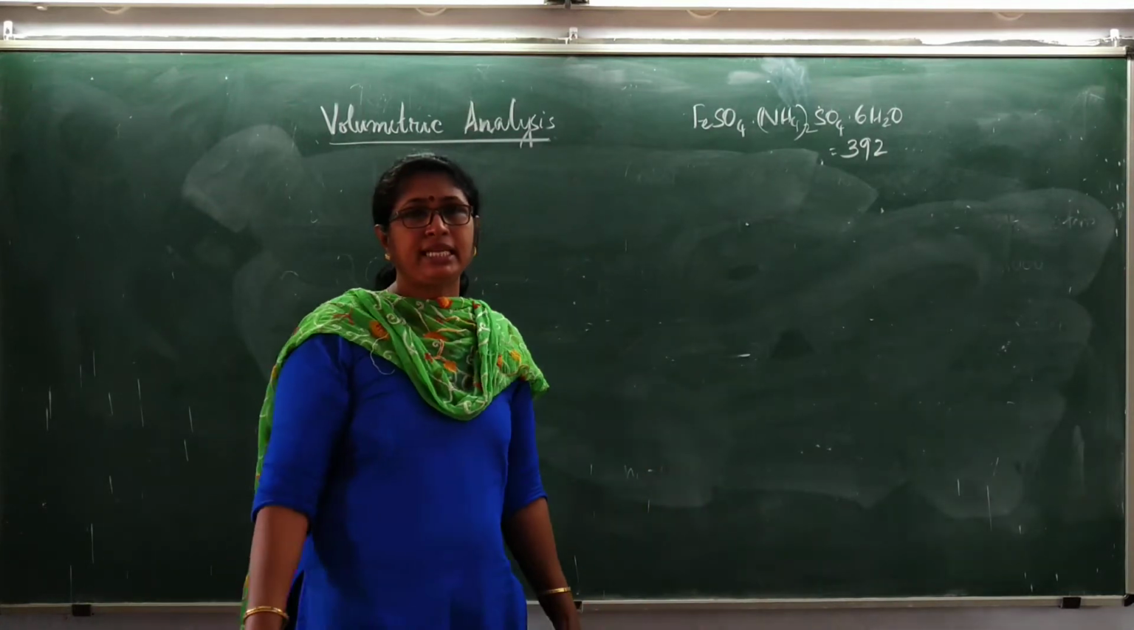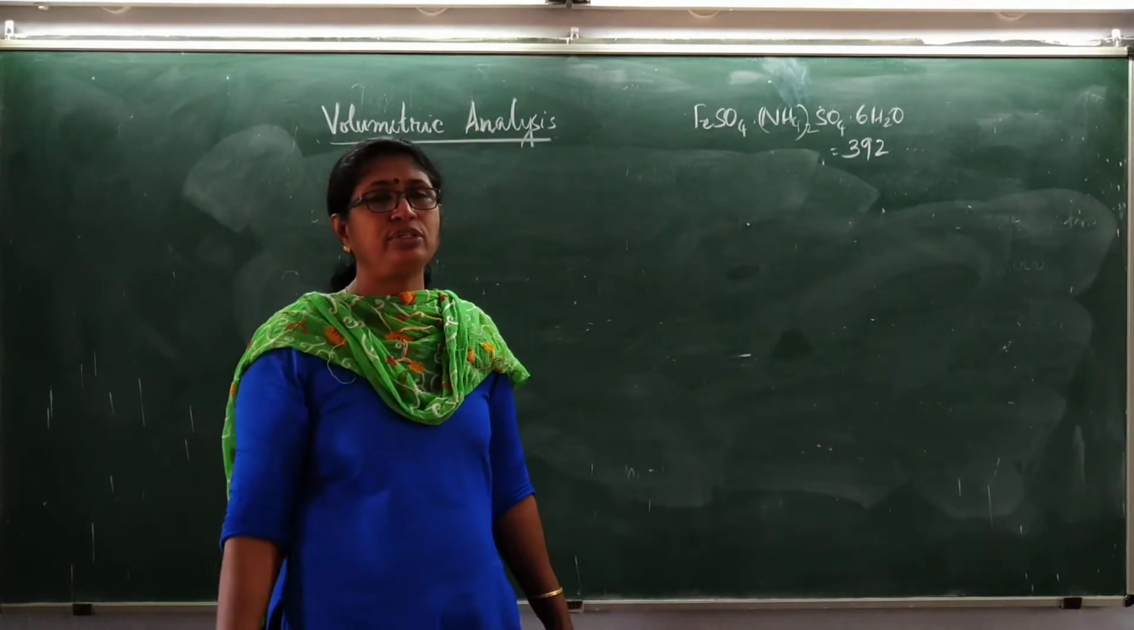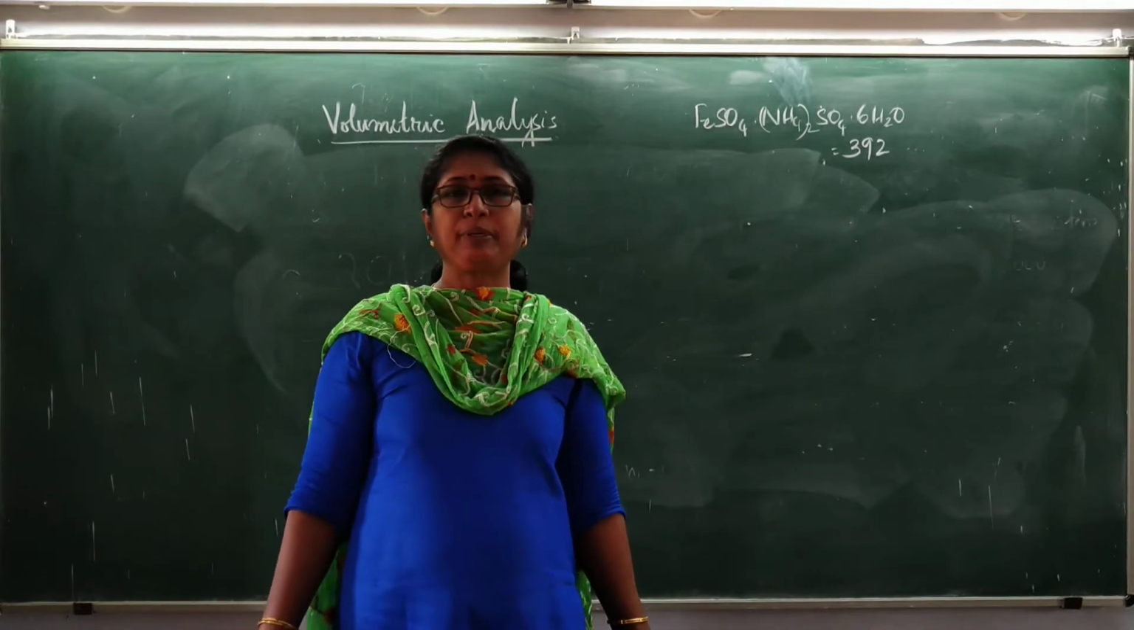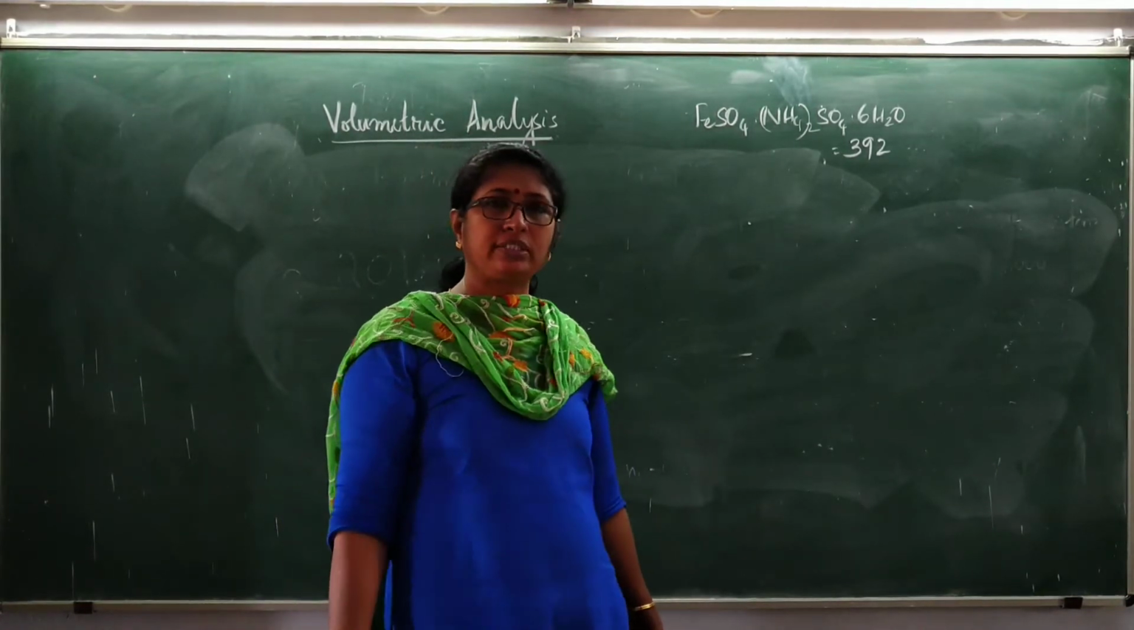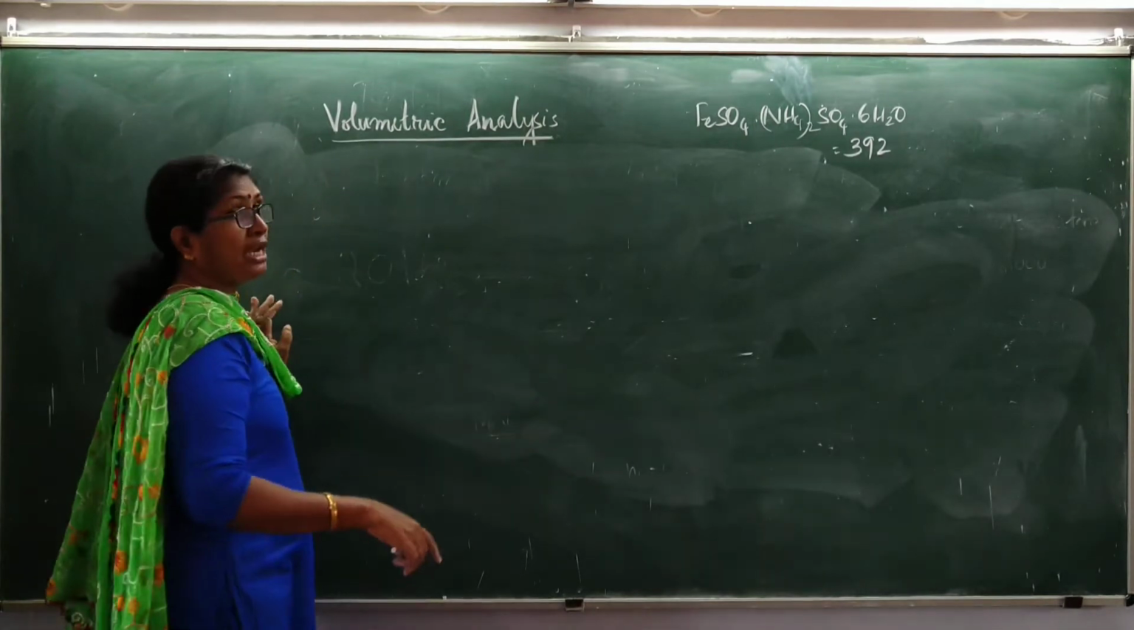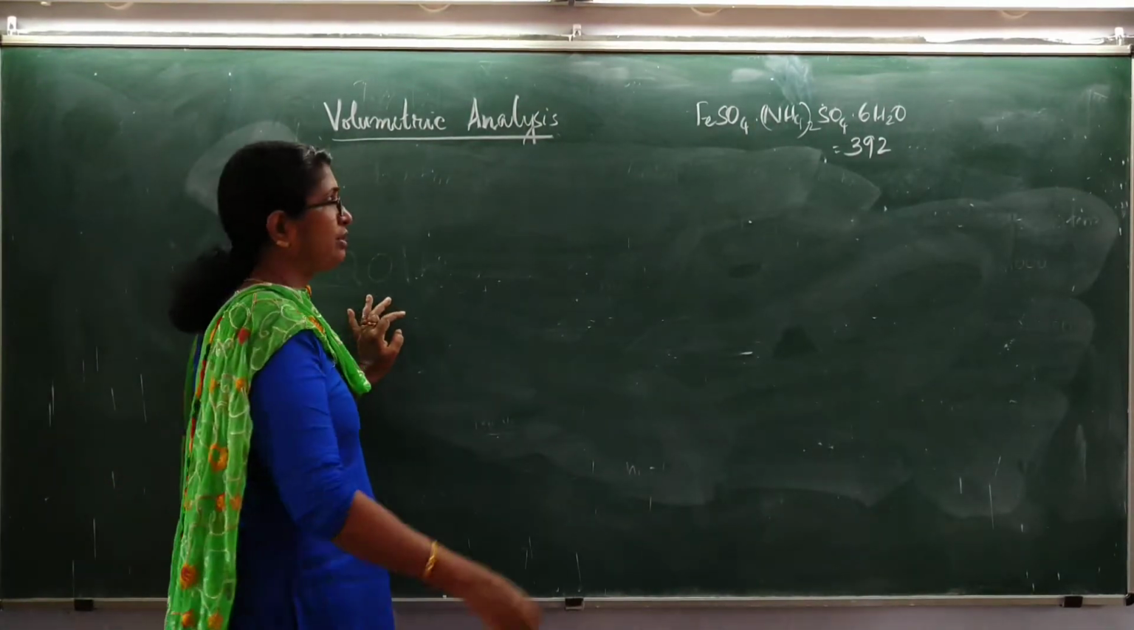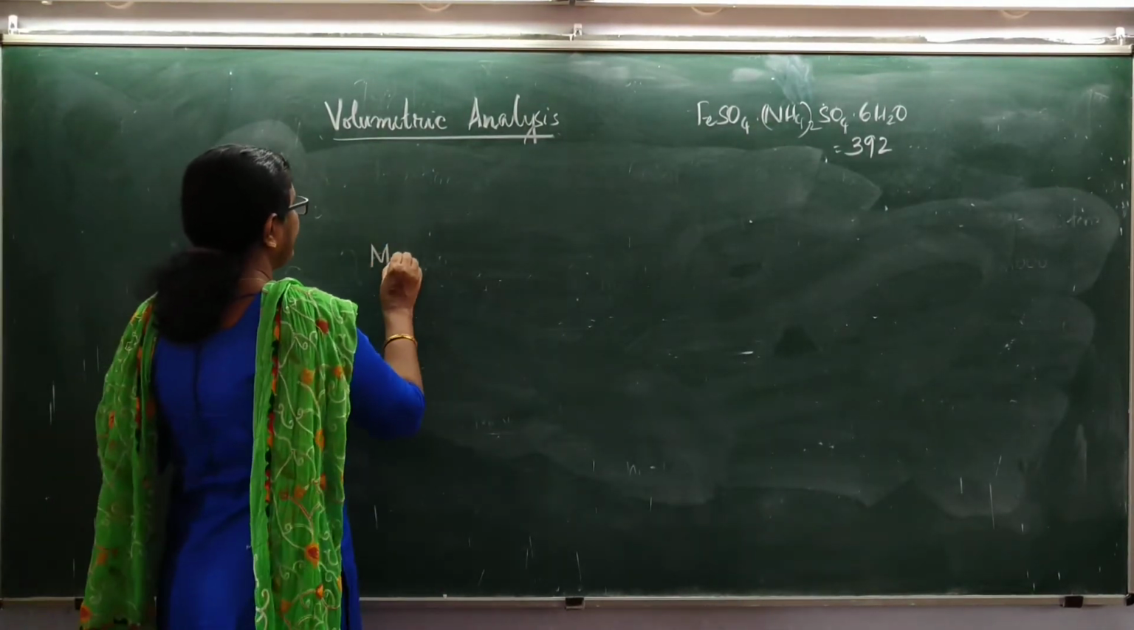So experiment number 3, preparation of a standard solution of oxalic acid. You are going to prepare 0.05 molar oxalic acid solution. So first you will have to find out how much weight you will have to take. How do you calculate? Molarity is equal